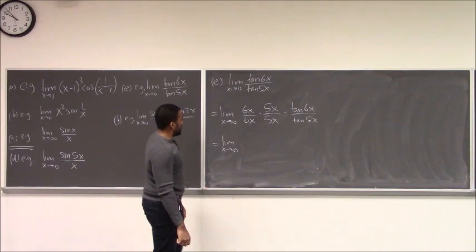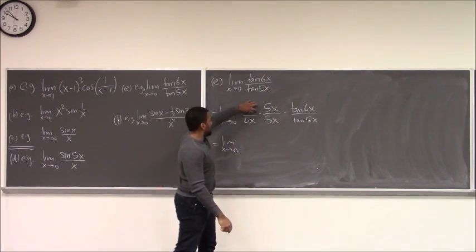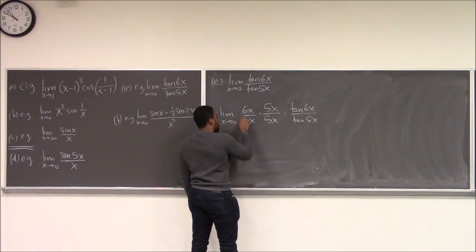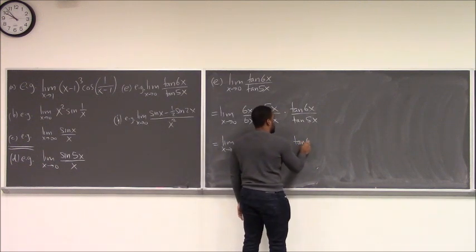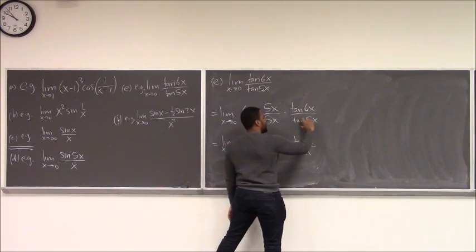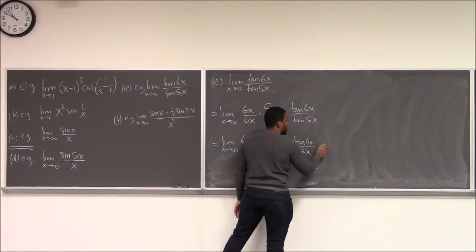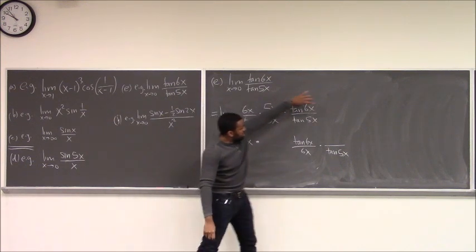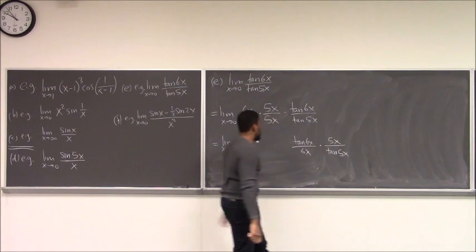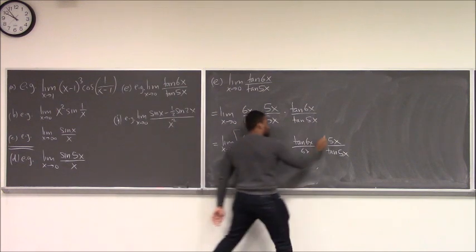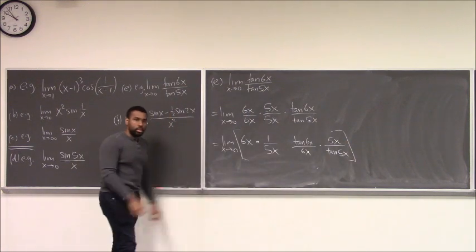And now you start doing your shifting. I can take the 6 on the bottom and move it under this guy. So the top one I'm going to leave alone where it is, times, ultimately over here I'm going to have tangent of 6x over 6x, because I shifted the bottom one underneath that tangent. I can shift this tangent 5x off to get 1 over tan 5x. But at the same time, shifting this 5x to the top puts me over here, and I'm left with the 1 over 5x here. That's just me rearranging things to get into a nice form.